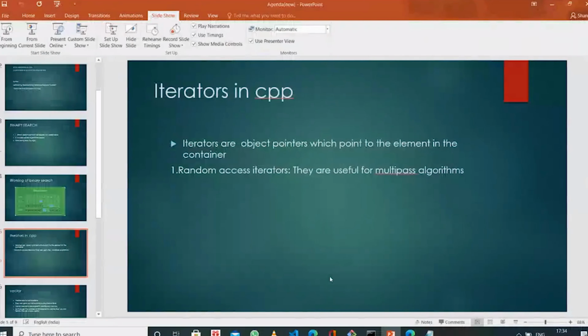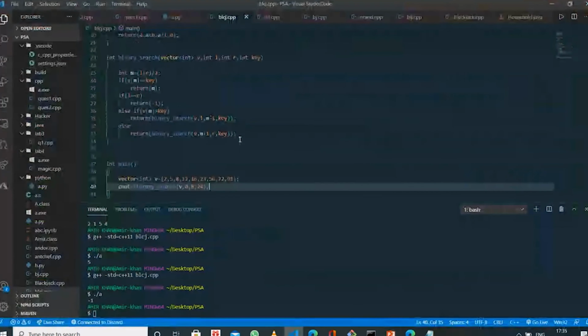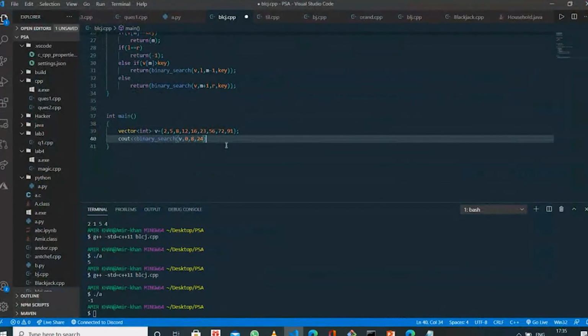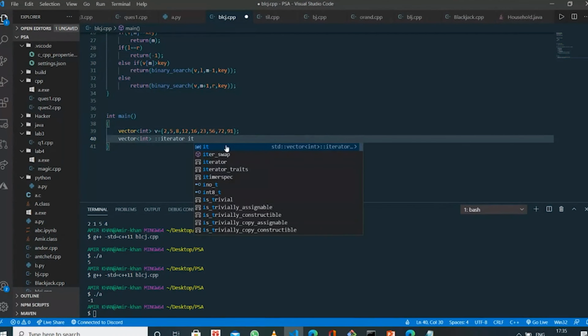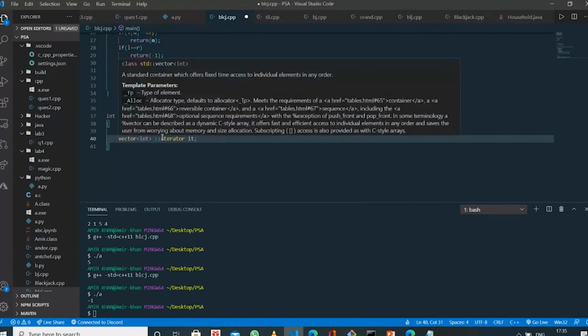Now let's talk about the iterators in this vector. The iterator of this will be declared as vector<int>::iterator it. Why am I using this namespace?